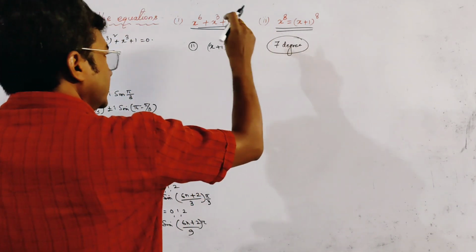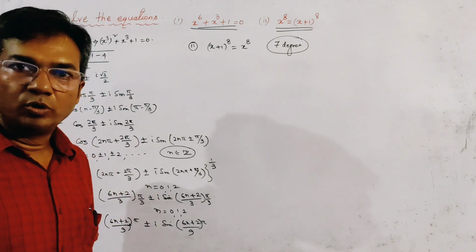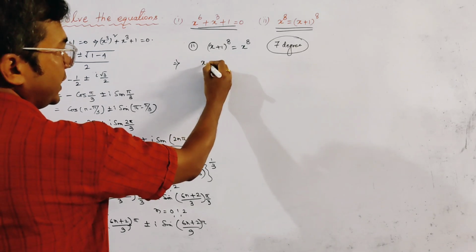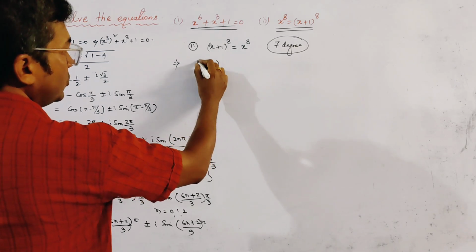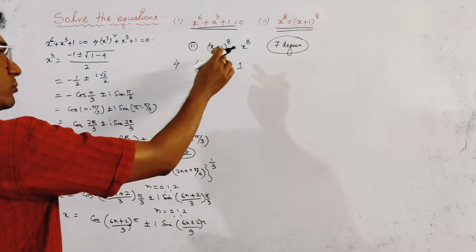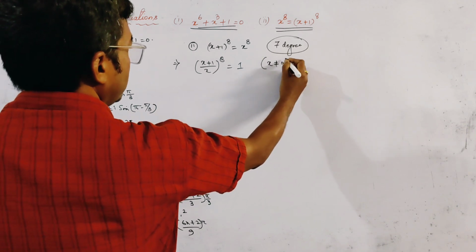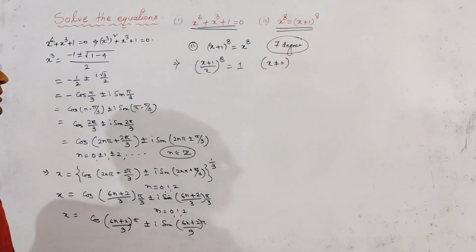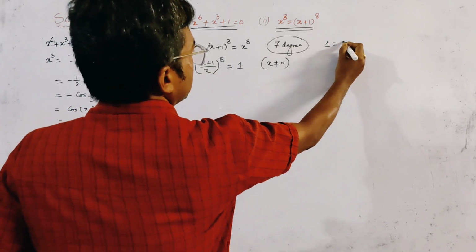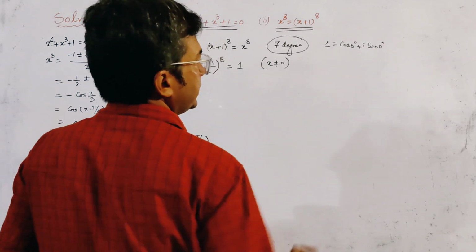Okay, and so this equation must have only 7 roots. Now we first write the equation as (x + 1/x)^8 = 1, and since we divide both sides by x, here we must take x not equal to 0. Okay, now 1 we write as cos 0 degree + i sin 0 degree,